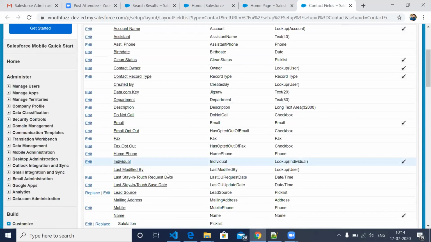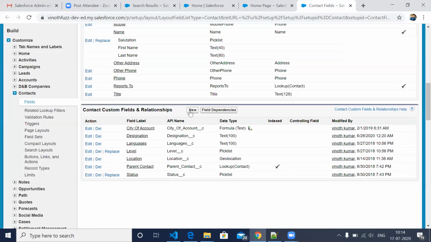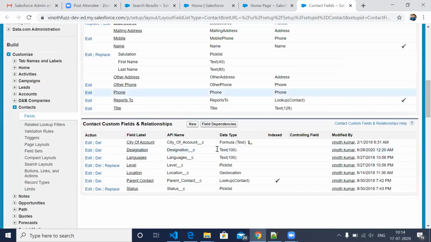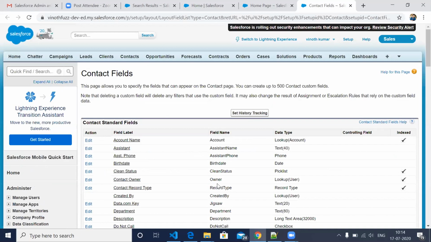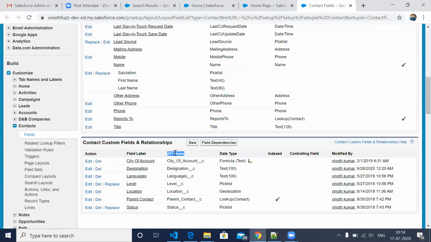If you want extra fields, you can create them. So these are the fields I have created. Here you can see Name. My name is there. So these are the different fields. The difference you can see is that we have something called API Name. Here also we have something called API Name.